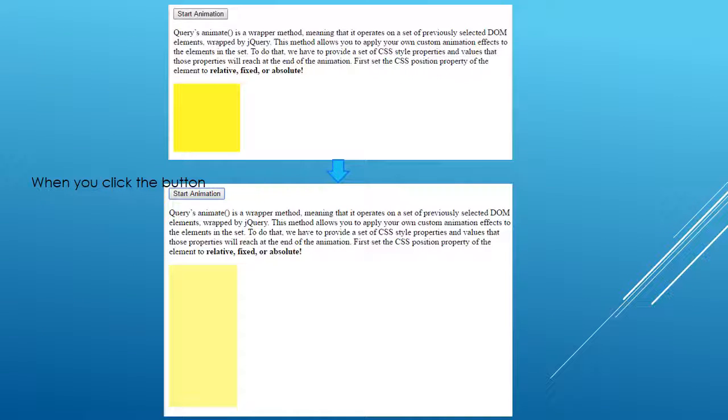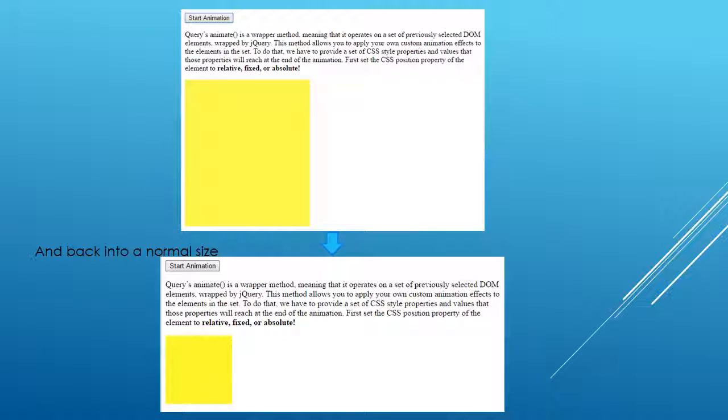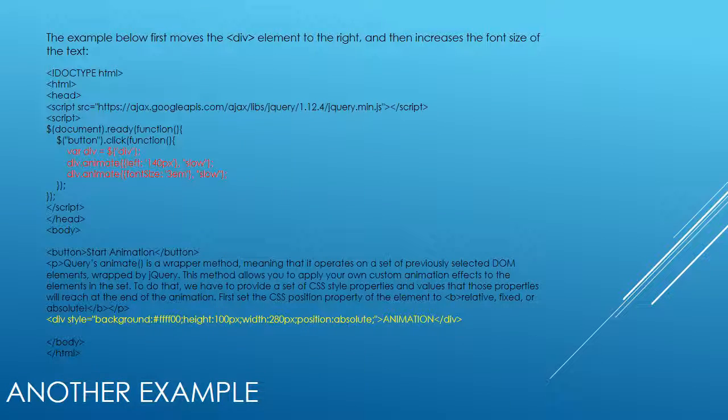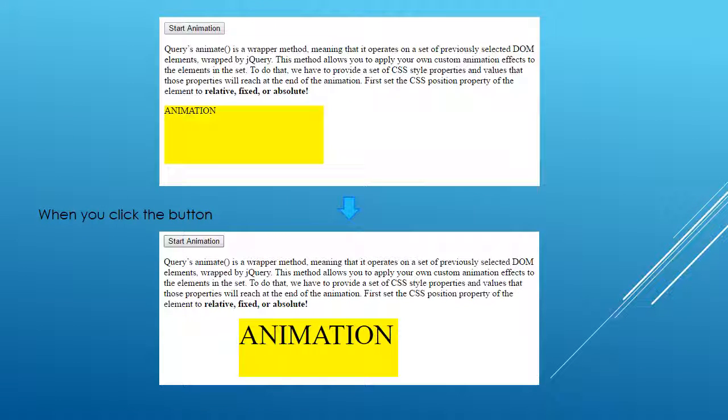When you click the button, the box grows and then goes back to a normal size. The example below first moves the div element to the right, and then increases the font size of the text. When you click the button,